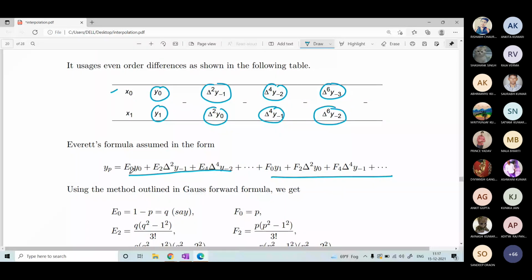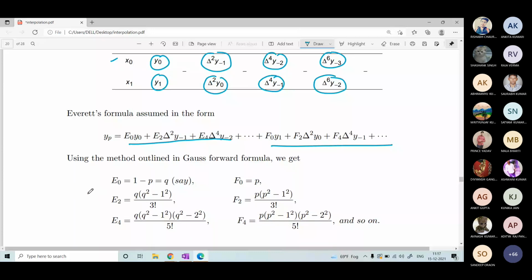You have to write down everything in this equation, both left hand side and right hand side, in terms of y0. And then you compare the coefficients of like order forward differences. And if you do it, you will end up with these values of the constants. And they are very symmetric. So it is very easy to remember these constants. Okay. So you will have to remember that.